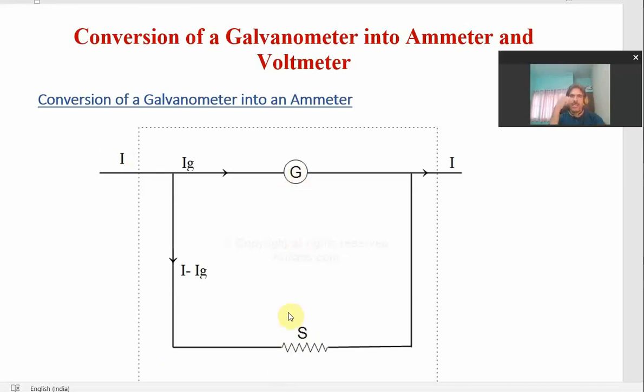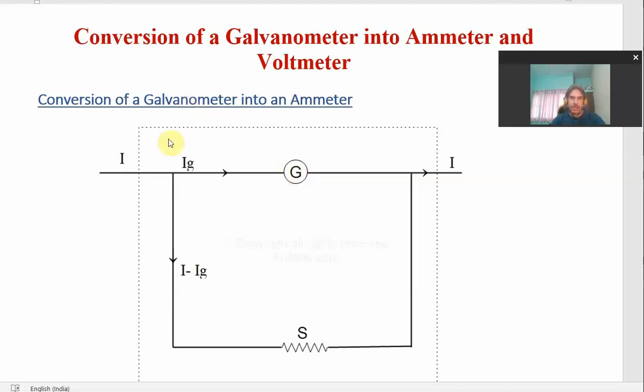So what is the formula to know what resistance we require if we are interested in converting the galvanometer into an ammeter of desired range? For example, I am taking 0 to 5 ampere just in case, right? Okay, so by connecting this resistance in parallel, the overall resistance of the circuit will decrease, right? Now it will have a resistance even lesser than S or G. So the resistance of the circuit will be even less. So now this galvanometer is ready to be used as an ammeter.